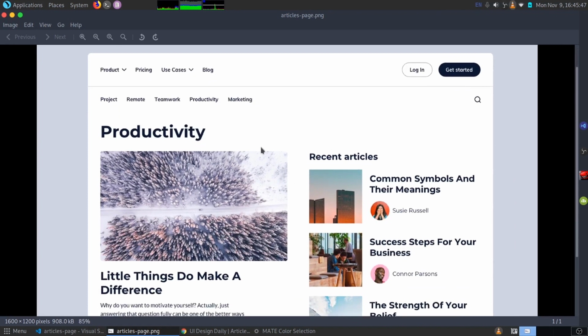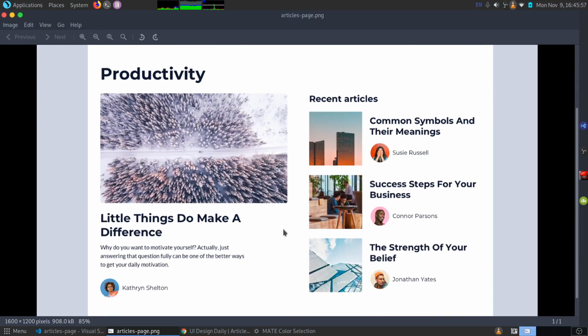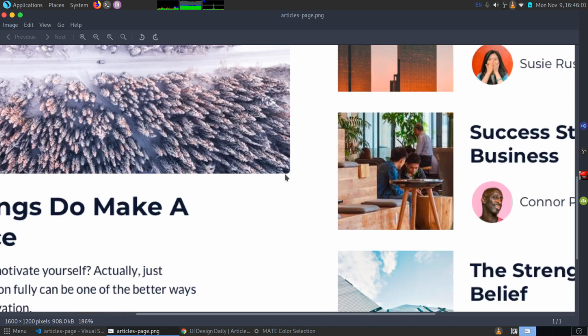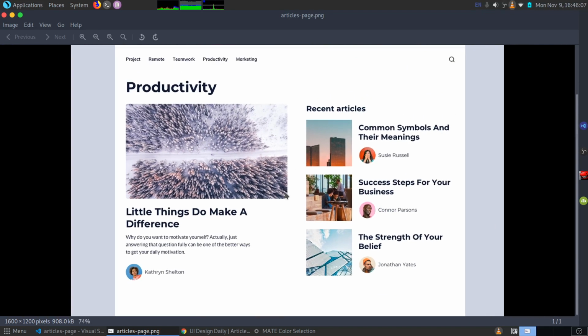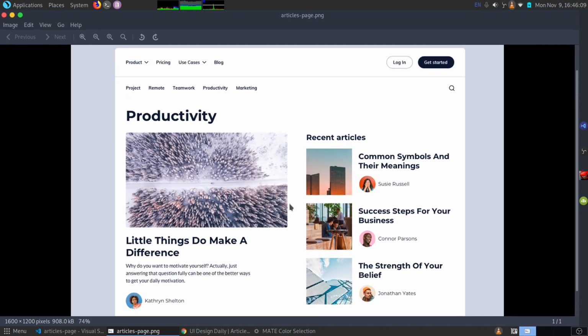What that means is that we're only going to have one primary color for everything. So I'm just going to define it once, and I'm just going to be reusing it over and over like a variable. Another thing you'll also notice is that this image has just a little bit of a border radius, around 5 pixels or 10 pixels, but these others don't have it. Another thing you'll realize is